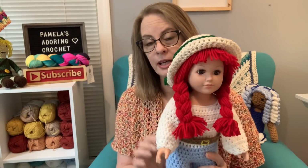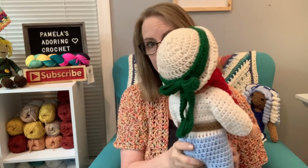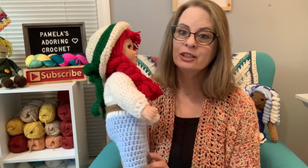The other thing that I'm working on is the Anne of Green Gables doll. That is one of my guys. That's what I've got, her hair and her hat, and I'm working on the dress. And yes, she is wearing